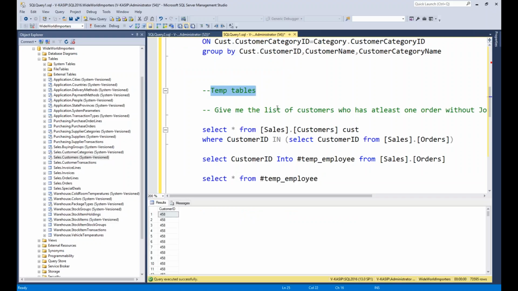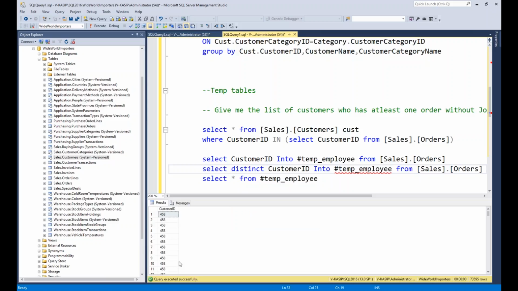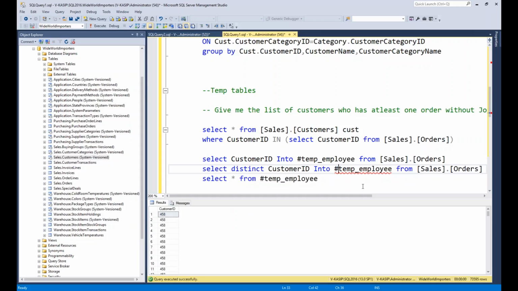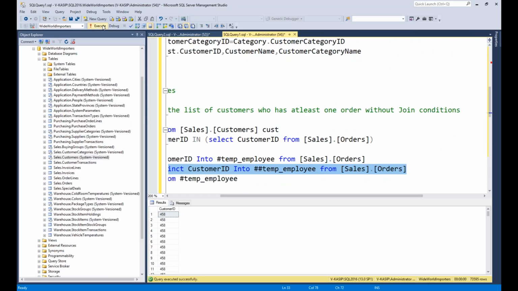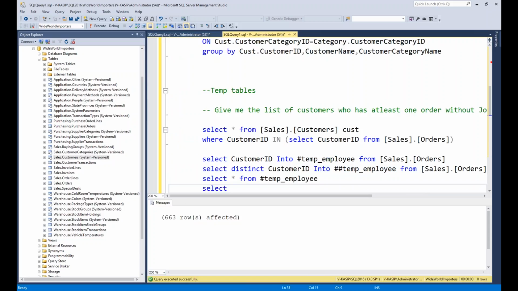So these are all local temporary tables. Let me create one more table, but this table contains just the distinct customer IDs, because the customer ID is repeating here, right? Distinct customer IDs. And I want to define this table as ##, double hash. Okay, double hash, and run this. See here, it's created, and if I run select on this table here, I was able to see the data.